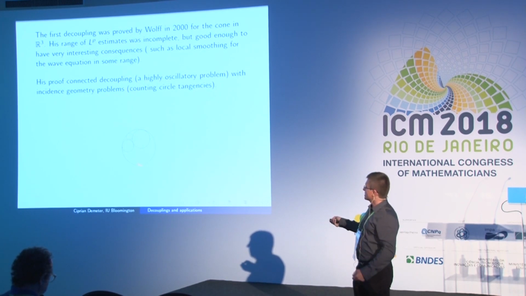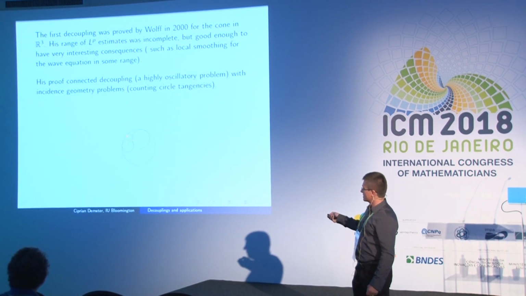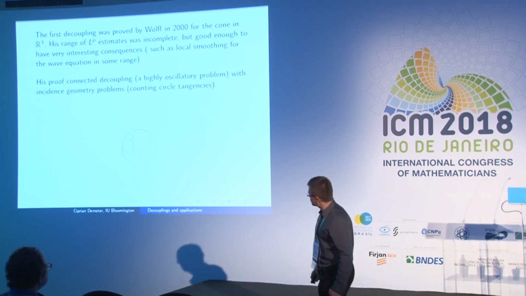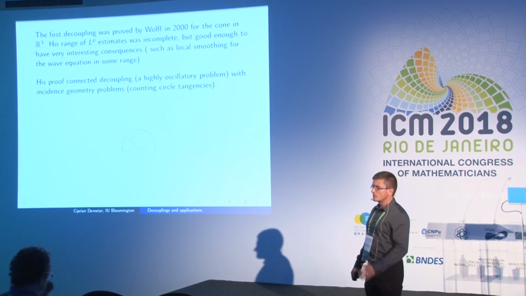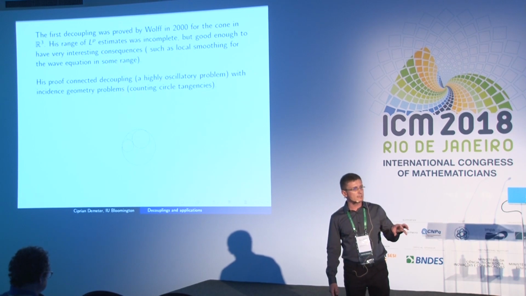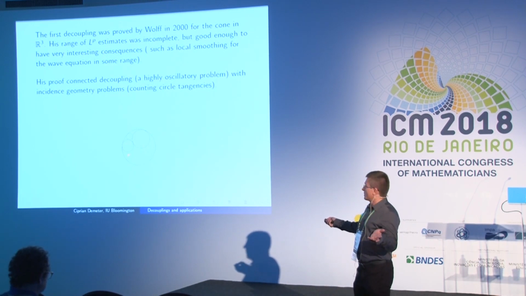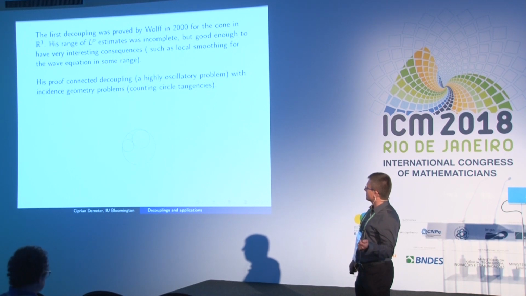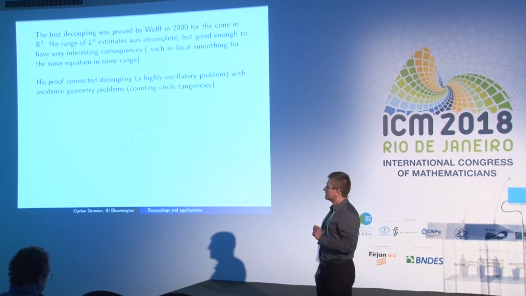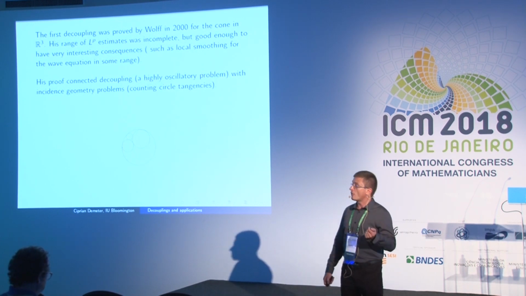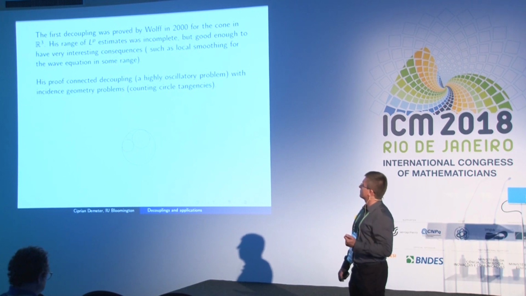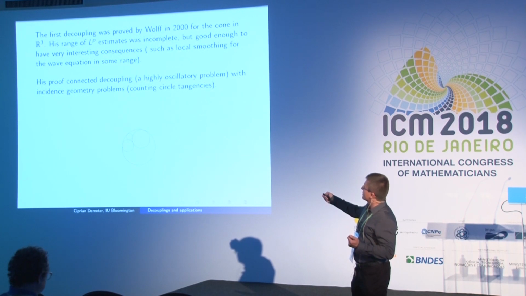So I'm showing you here a simple configuration. I drew this by hand using some of the tools of my 9-year-old daughter, and somehow I managed to make them all tangent, at least from afar. So in this case, any 2 circles are tangent, but it gets harder. As you add more circles, it gets harder, right? So it's a striking connection between this and something very oscillatory. However, his proof showed that there is such a connection, and this is one of the themes that followed us through the forthcoming developments. So I should say that Tom Wolff, perhaps the main reason he invented decouplings